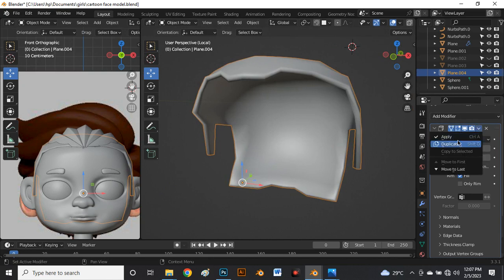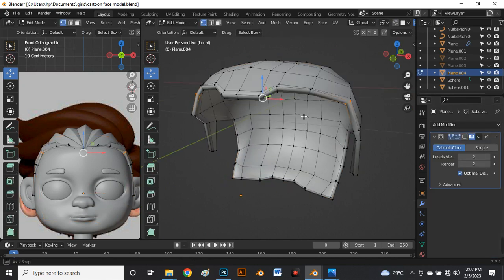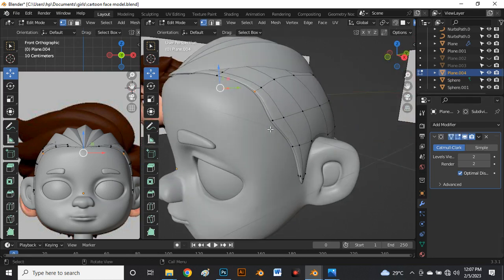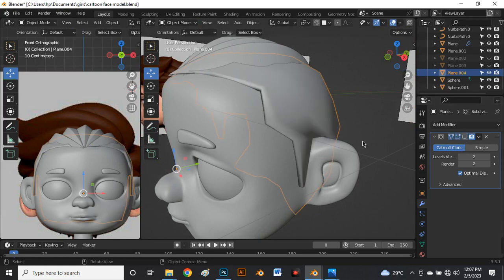So we can now apply this and say tab. So if we turn on our shade smooth, this is what we have. We turn it off,